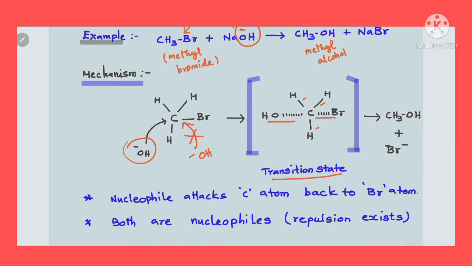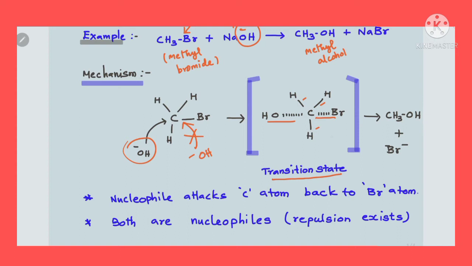For example, if C–Br is just above the plane of the C–H bonds, then C–OH will be below the plane. C–Br is just above the plane, C–OH is just below the plane, whereas the three C–H bonds are on the horizontal plane. Okay, right. So now, at last, what will happen is that Br will go out as Br minus by taking the bond pair electrons,